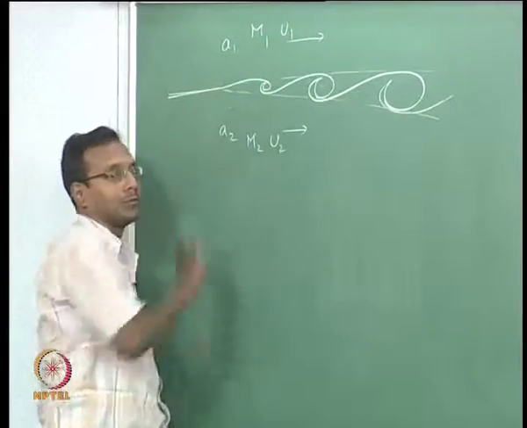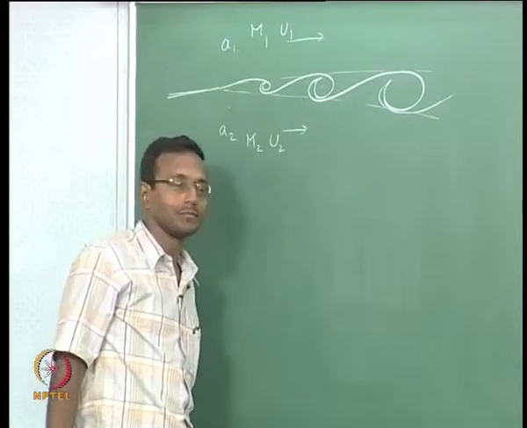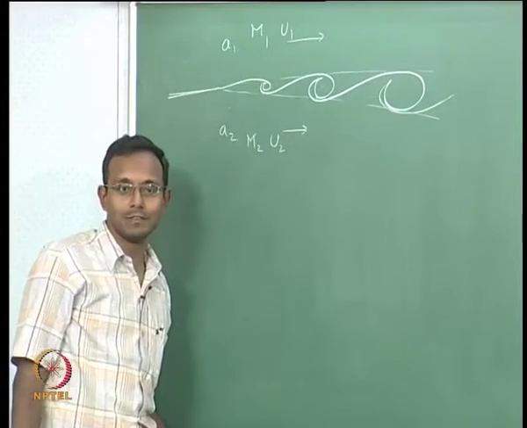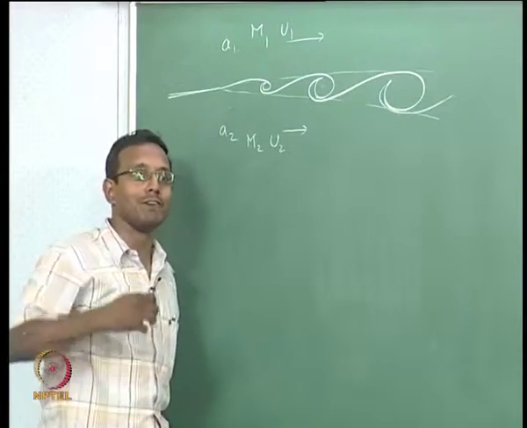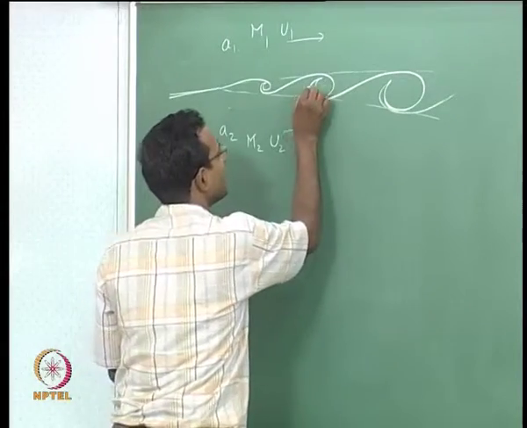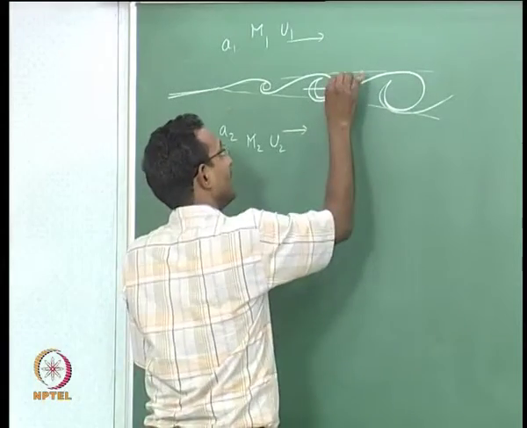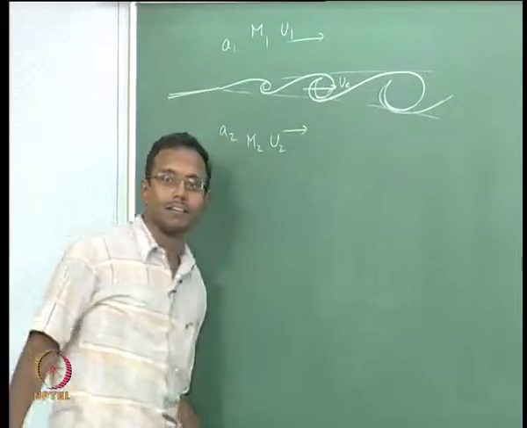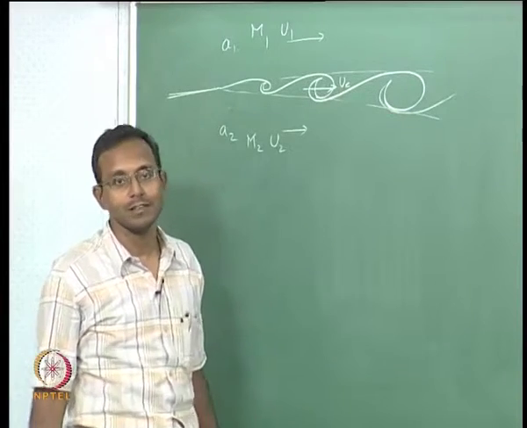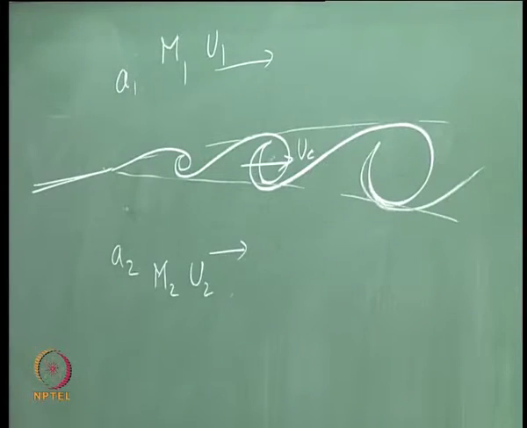And I know P1 equal to P2, that is the only thing I can tell right now. I have some things like this. Now they started giving one velocity to this eddy or the large scale structure. They called it the UC, convective velocity. And based on that they started discussing things.